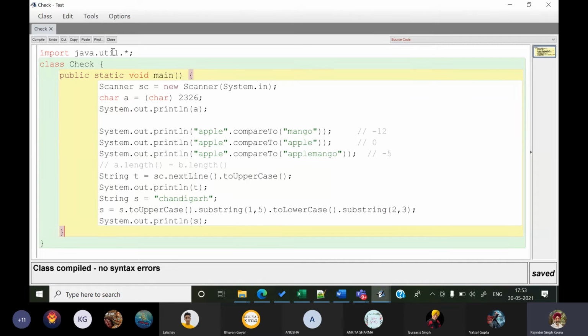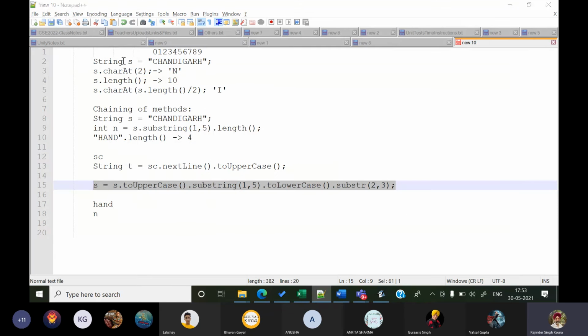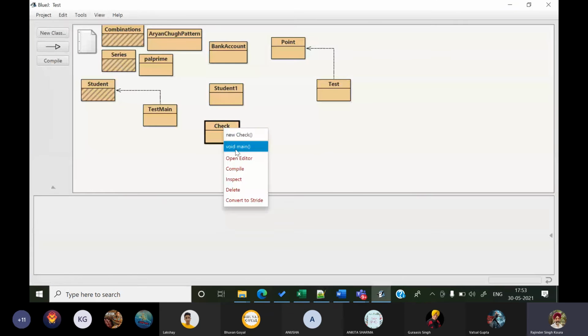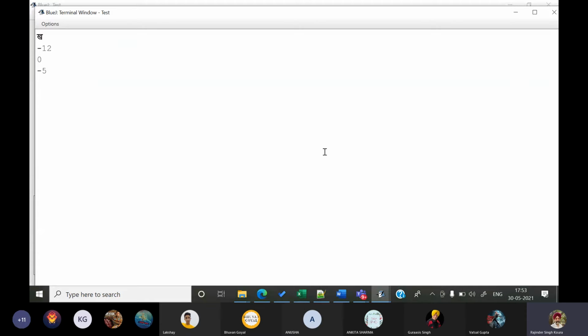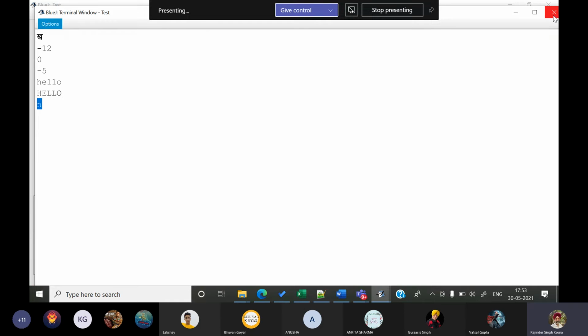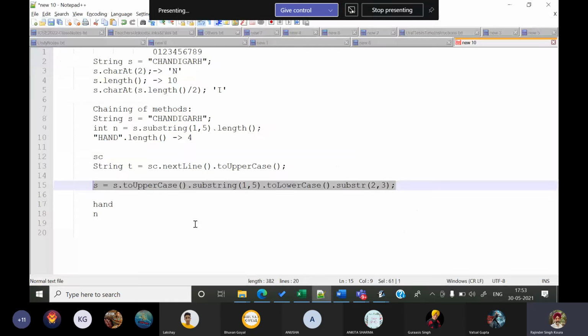Okay, we'll run this and then see. It has not displayed anything. हमारी calculation में गड़बड़ हो गई. अच्छा, it's asking for hello. Okay, so this is what it has displayed for S. N decide किया था ना हमने उसमें.